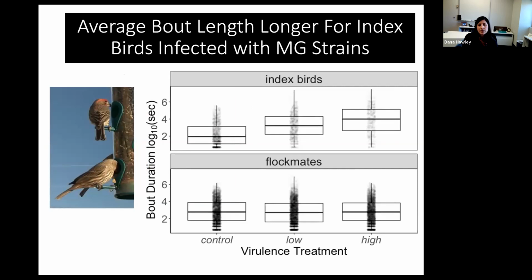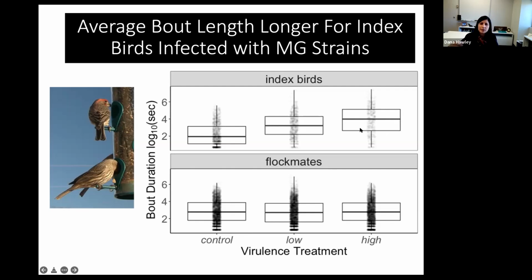So we had a lot of behavior data from our RFID antenna. The first data I'm showing you are feeding bouts, pulled out in terms of their length in seconds and then transformed. So these were all of the different foraging bouts that each bird did, from peak infection, the 2 days right before we applied the powder. The important thing to note is that we see a pattern for the index birds that we don't see with the flock mates, which is good because these are our controls in a way. These birds were not treated at this time, so they should not differ in their feeding bout duration.